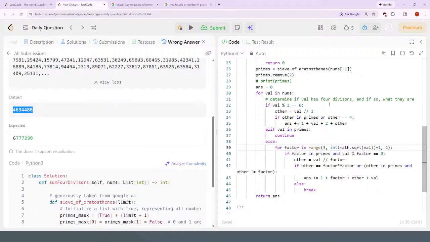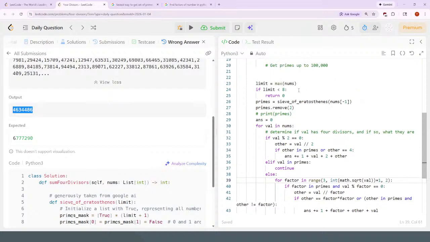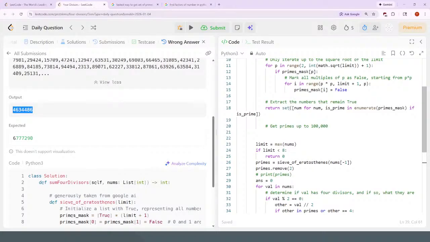For factor in range. Maybe it should be both a set and a list. Yeah, this is okay. Let's go back to the list,